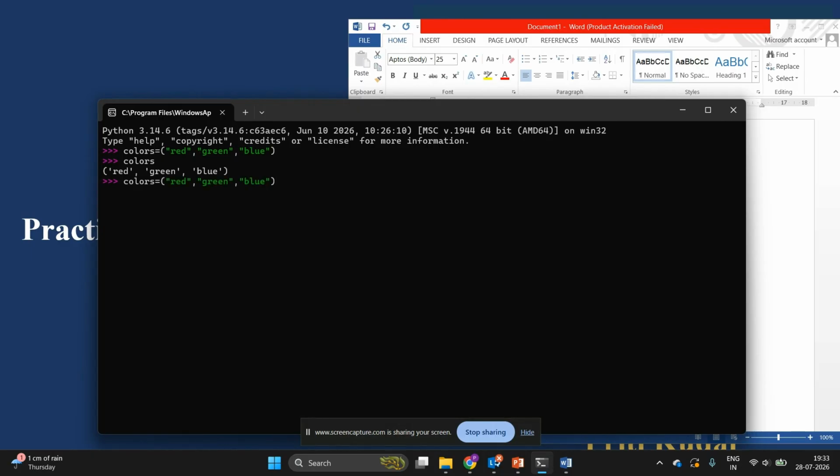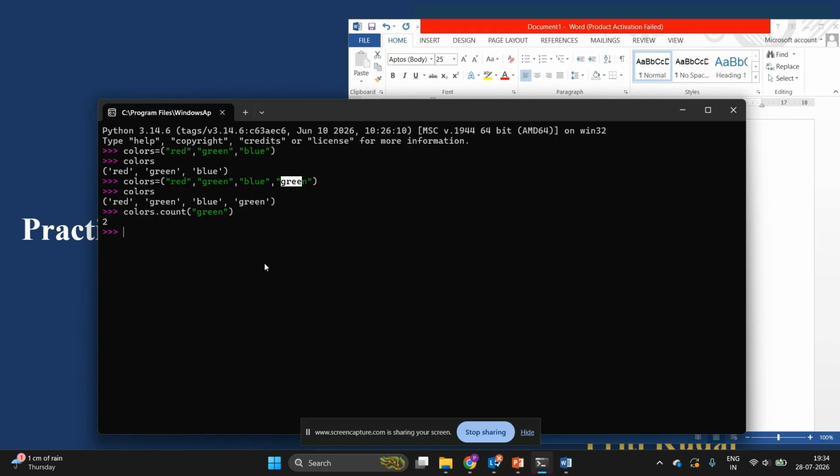Example, suppose I want to count how many times the green color is available in the tuple. So I am changing the elements in the tuple to show this, and if I print it, I have the green color twice in the tuple. If I want to print the occurrences, I will write the tuple name colors dot count and the name of the value whose occurrences I want to count. So it should display 2 because the green color has occurred twice in the tuple. So the count method counts the number of times the specified value has occurred in the tuple.